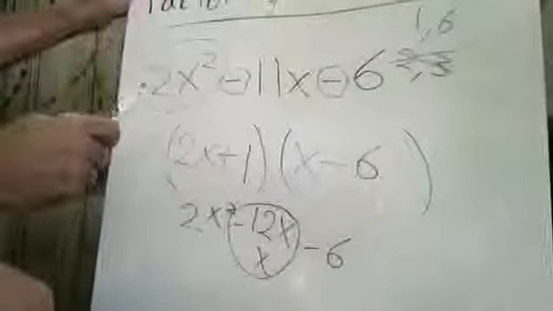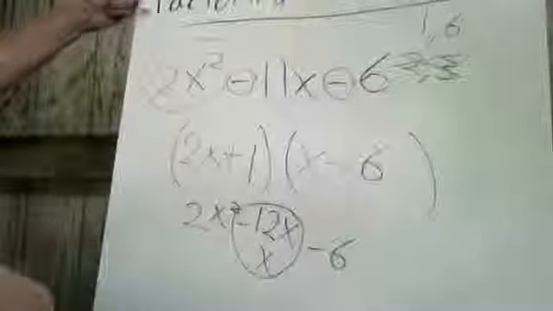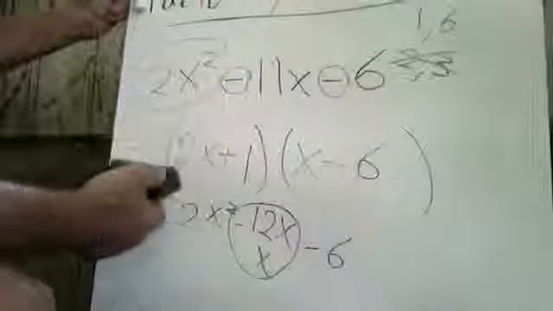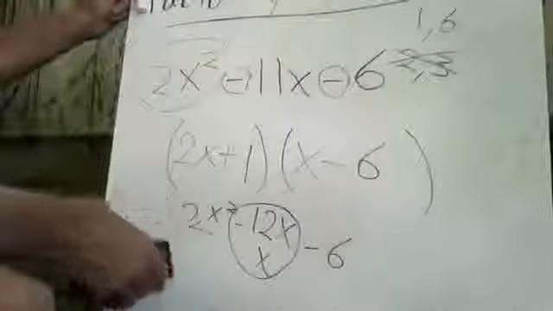But for some crazy reason, your book has crammed a whole other lesson in with this one. So we're going to practice this for quite a bit tomorrow. Don't get stressed out. This is the basics on factoring trinomials. It's also going to teach you about what's called the zero product property, which basically just means